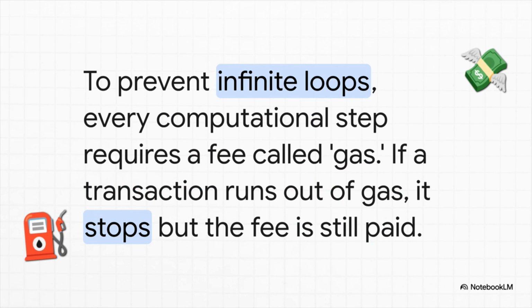So, you might be wondering, if developers can write any code they want, what stops someone from writing a malicious infinite loop that just bogs down the entire network forever? The answer is an elegant little concept called gas. Every single step of a computation, every line of code that runs costs a tiny bit of this gas. If your program is too complex or starts running away with itself, it'll eventually run out of gas and the transaction just stops. It's a beautiful way to keep the network safe and functional.